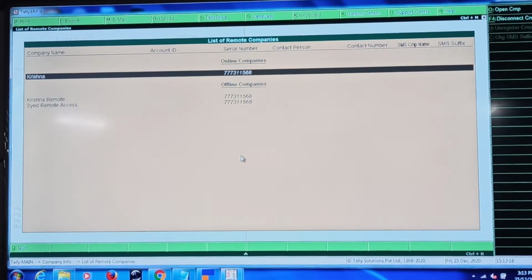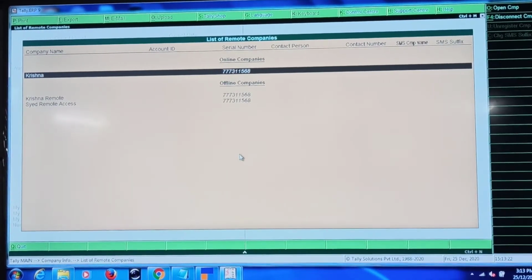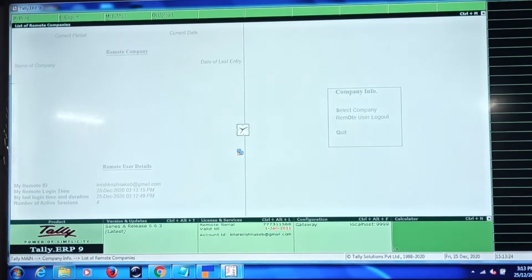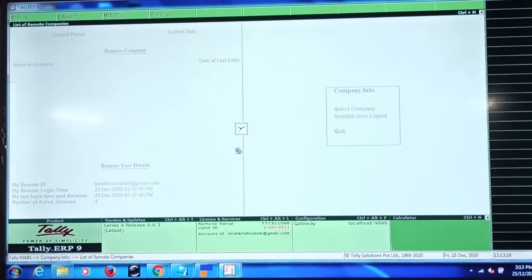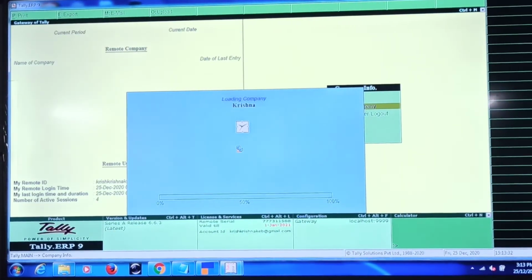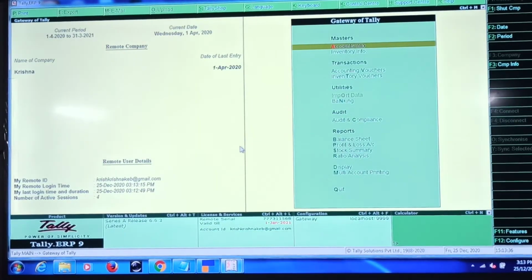As you can see, my online company name is connected and displayed over here. I'll press enter so that my company will be connected, and it gets my data from my main server system to my remote system.